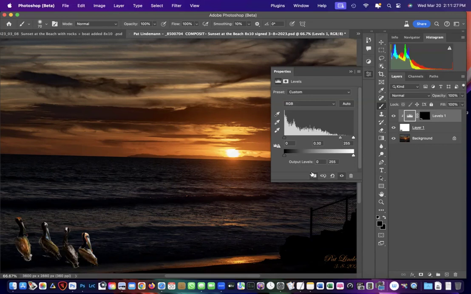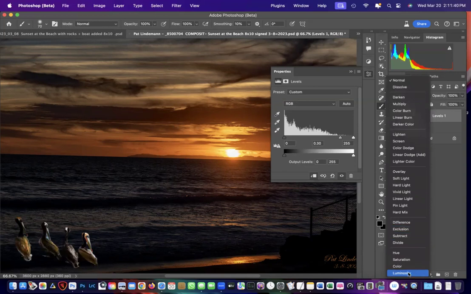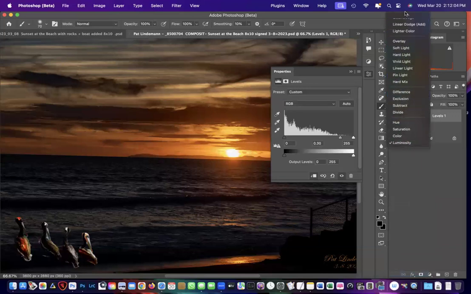Now the other thing that we were going to discuss that I glossed over is anytime you start shifting colors drastically, you're going to change the saturation too. If you change the blend mode to just luminosity, see what happens? That's without luminosity and that's with it. You don't get that saturation problem. This is only changing light or dark. It's not changing saturation. So that's always a good thing to do. In your blend mode, if you leave it normal,